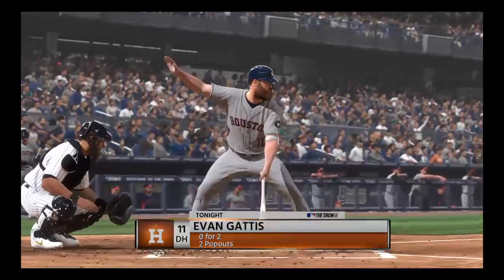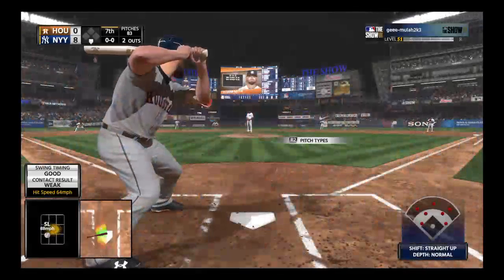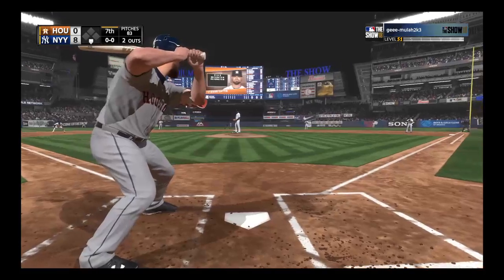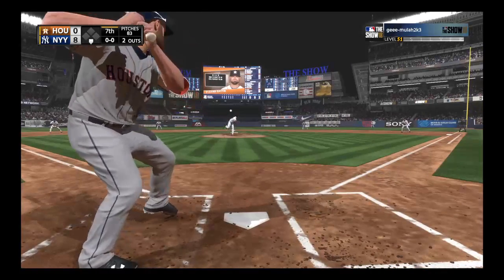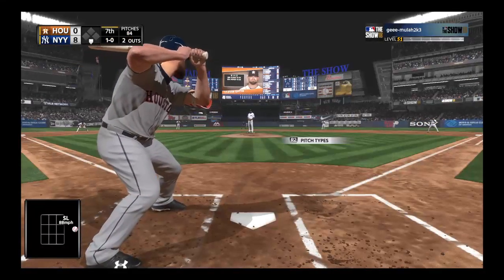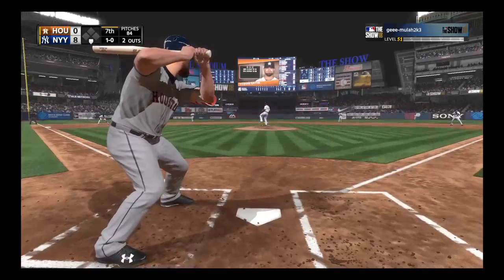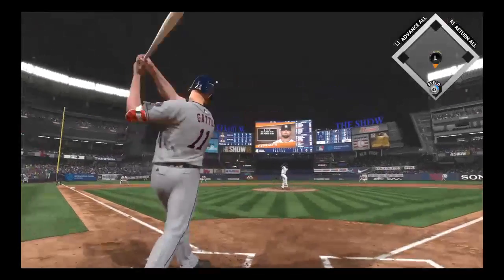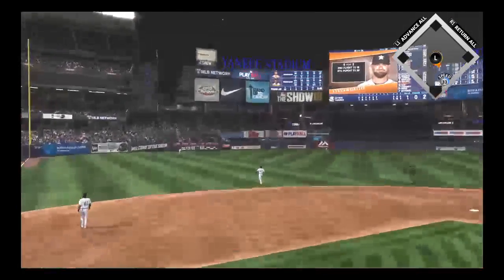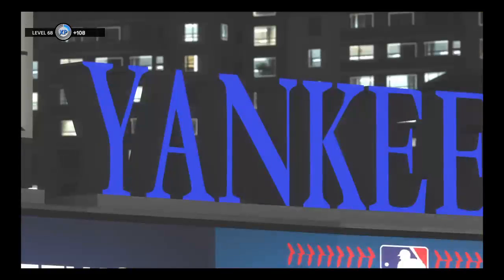At the plate, Evan Gattis. He's hitless in his 2 at-bats so far. Ready with the first pitch. Here it comes. Missed with a slider. This offense is going to have to find a way to get going. It's happened in the past. Every team goes through it where everyone seems to fall into a funk at the same time. Everyone needs to relax and not try and be the hero. Well, the left fielder's on it, and